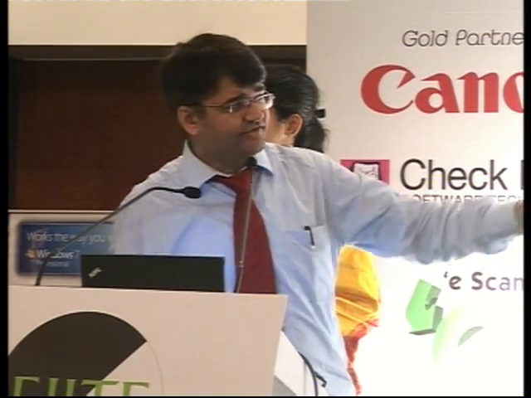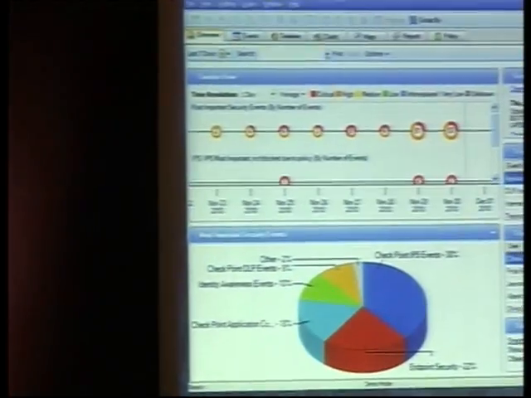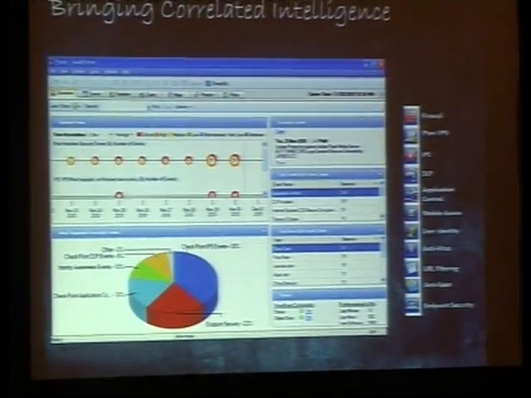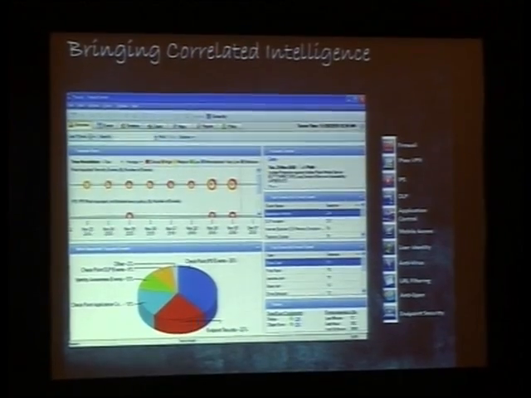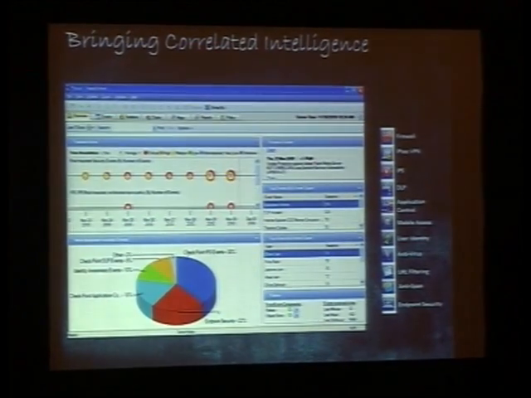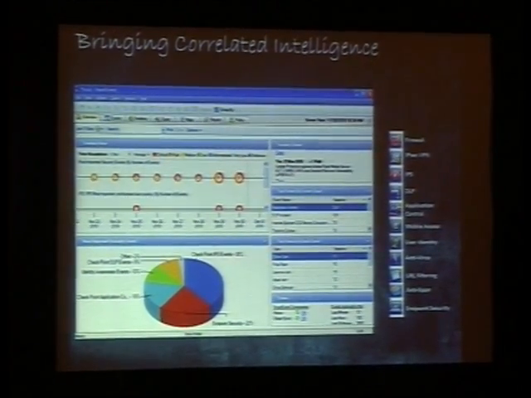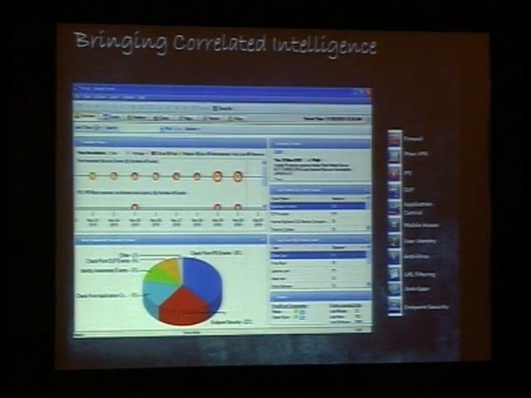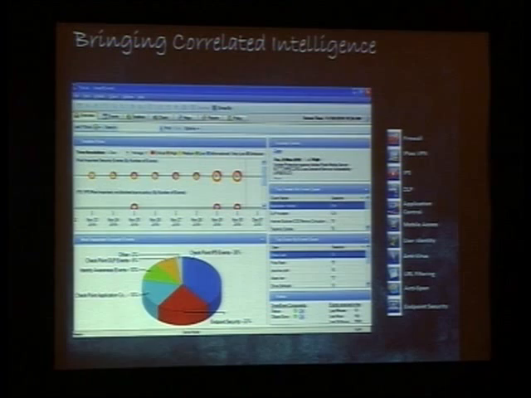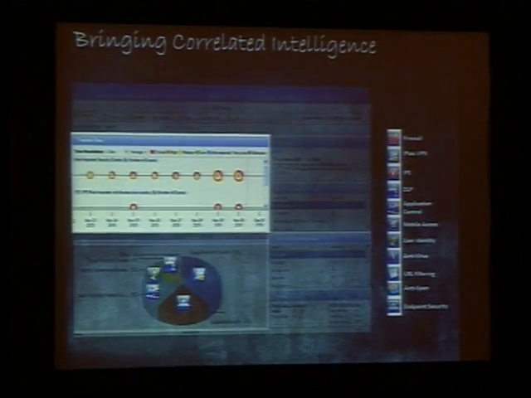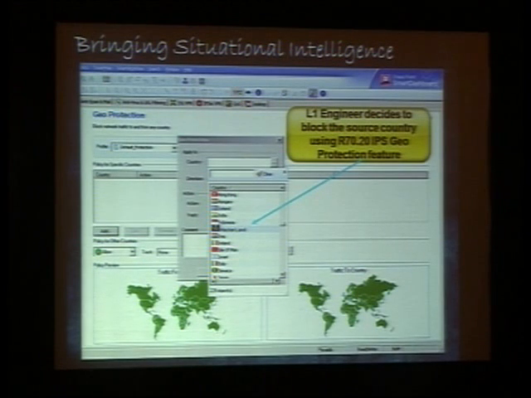Then finally, moving from the logs to the intelligence. If you see the Check Point dashboard control, in one dashboard you can get all kinds of visibility and correlated intelligence on your network. Whether it is endpoint information, data leakage information, intrusion information, or virus information, everything comes on a 360-degree dashboard. There is a dashboard available for administrators who can drill down into the technical details. There is a dashboard available for the managers and CIOs to look into the overall picture business-wise. So you can see the different events.